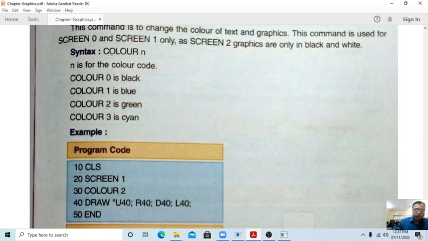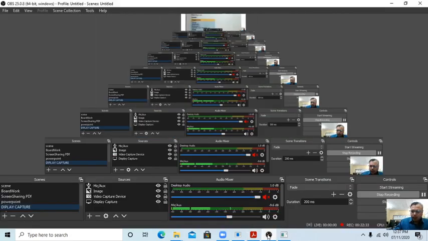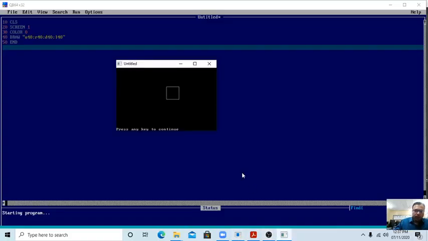Students, one more thing: you have to write COLOR, because your computer understands the spelling COLOR. So you will not use the U. Clear, students? So write COLOR only. So color 0 is black, and we can see the black answer here.